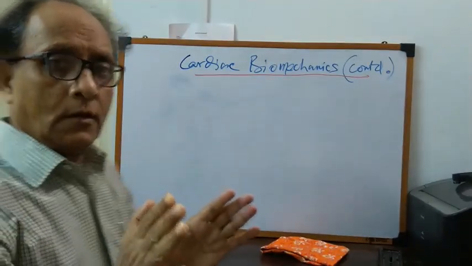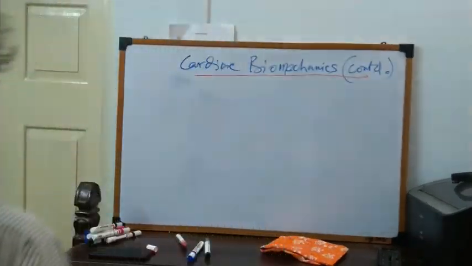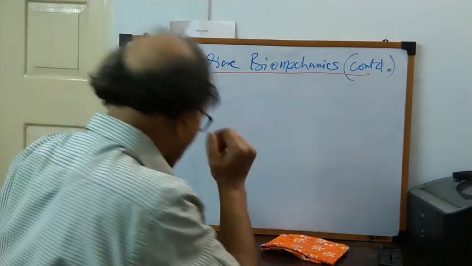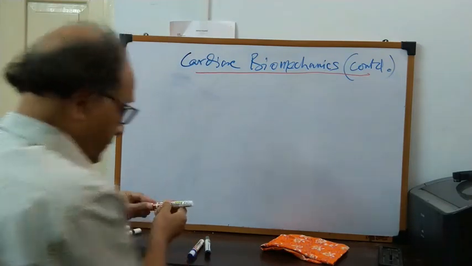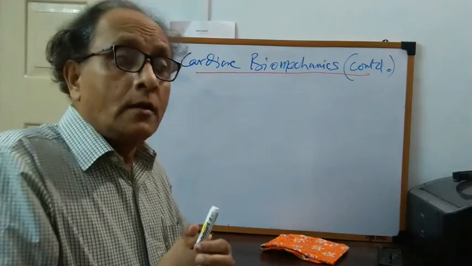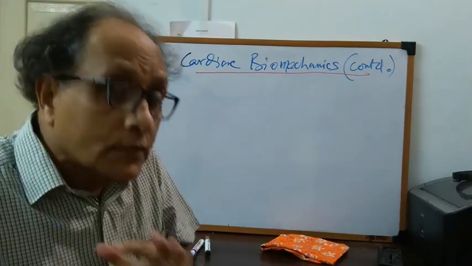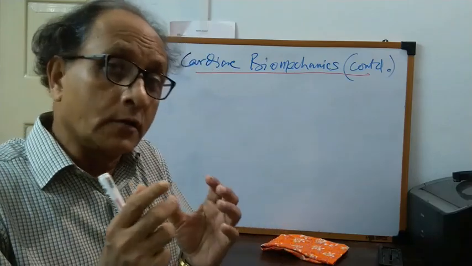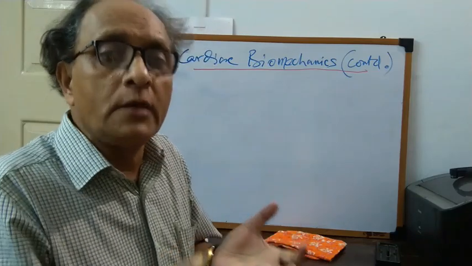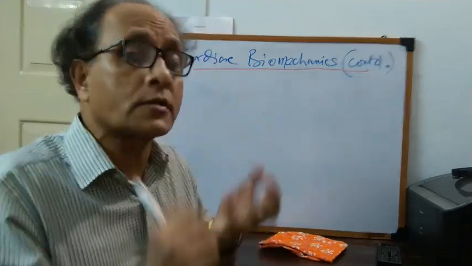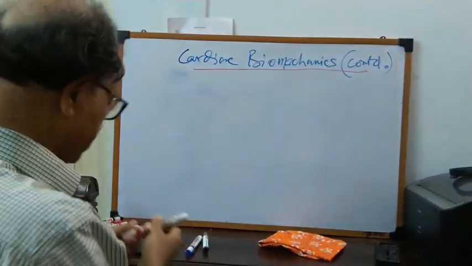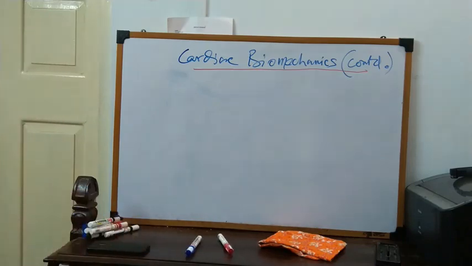So with this description in the background, let us try to draw the situation, where we shall try to understand the length and tension. That means shortening means isotonic contraction, and increased tension means isometric contraction, and their relationship in a single frame of reference. So let us do that.